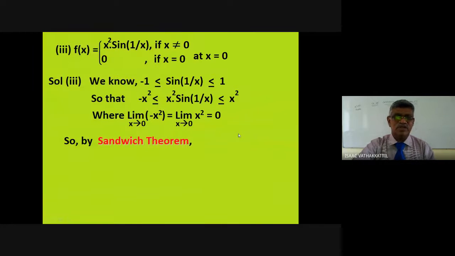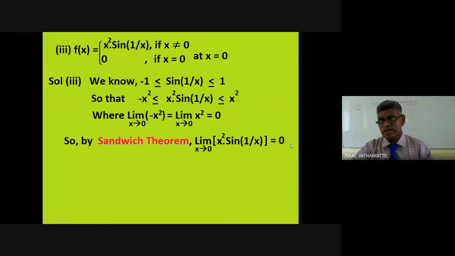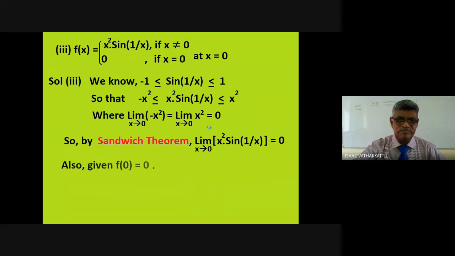Well, now by the sandwich theorem, here f(x), g(x) and h(x), f(x) and h(x) have the same limit 0, so the limit as x tends to 0 of x squared sine 1 by x equals 0. Don't multiply the limit as x tends to 0 of x squared into the limit as x tends to 0 of sine 1 by x, because that product rule, the working rule, is applicable only if the limit of both exists, but the limit as x tends to 0 of sine 1 by x doesn't exist, so we cannot apply that as such here. So we apply the sandwich theorem.